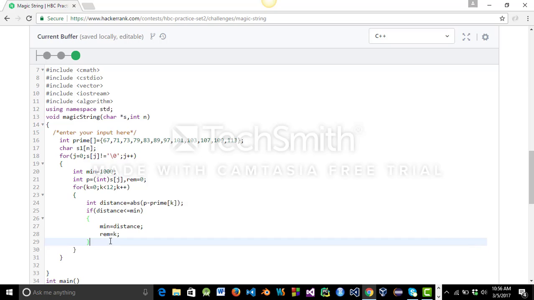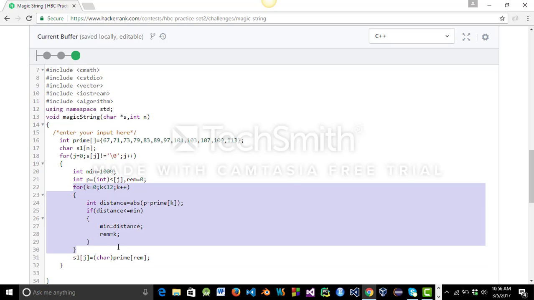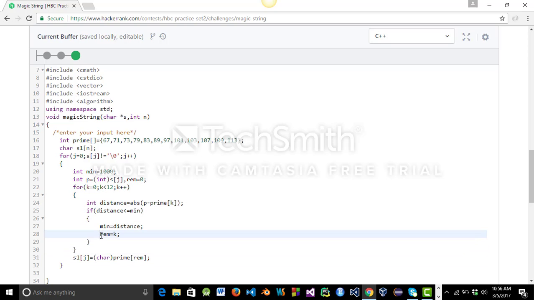And at the end we say s1 of j is equal to char of prime of rem. So after the whole loop is done, rem will have the index of the nearest prime number to s of j. Therefore we are putting s1 of j is equal to prime of rem.